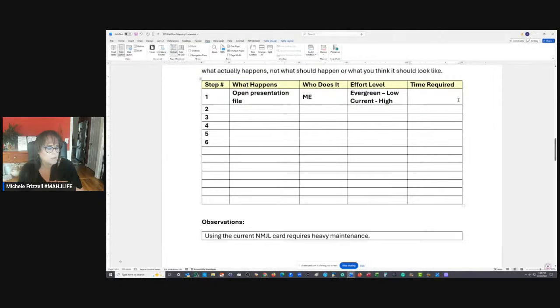So up here, how long does it take you to go through your rehearsal? If your presentation is let's say 45 minutes and you're doing refining, I would say that it probably takes at least twice the time. So I would estimate maybe an hour and a half or 2 hours to rehearse for a 45-minute lesson. Would that be accurate?